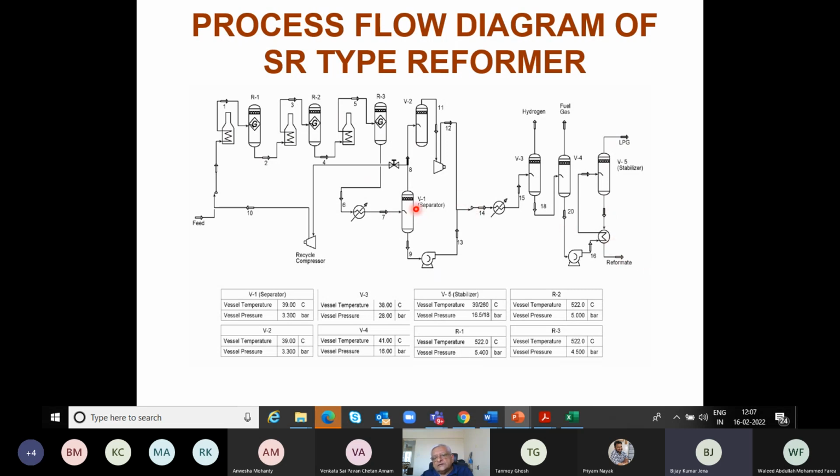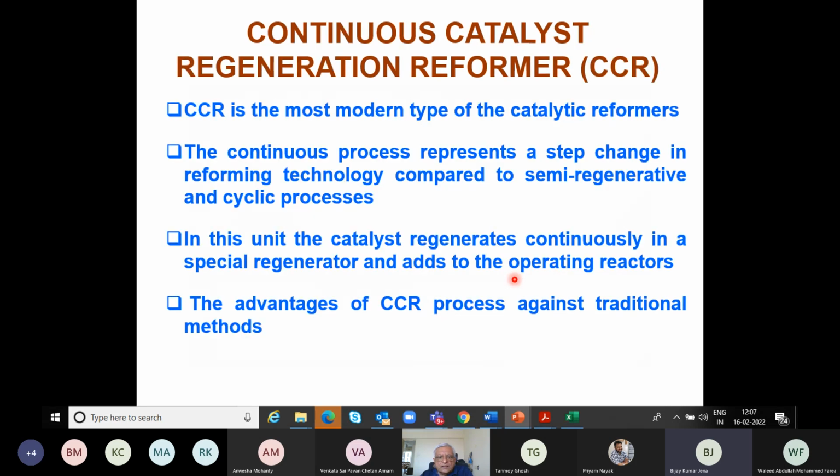While here, the hydrogen along with C1, C2, and some hydrocarbons go up, and then it is compressed so that we knock out all the hydrocarbons coming along with this hydrogen. Here, there are some operating conditions, but not so relevant for our discussion today. I think before I come to the CCR reformer,